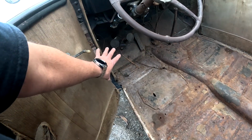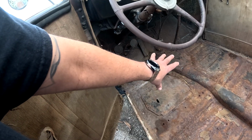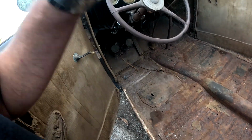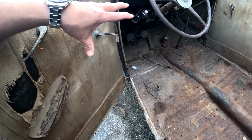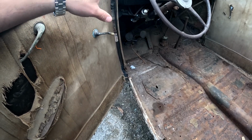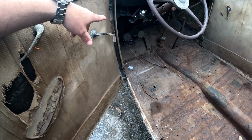I'll have to make by hand and make a new tunnel cover for the small block, because all this is different. Now, they do make a set for small block Chevys that you can buy, front pans that are metal with the tunnel, that go to the stock firewall. I might do that too. A little bit more expensive, but